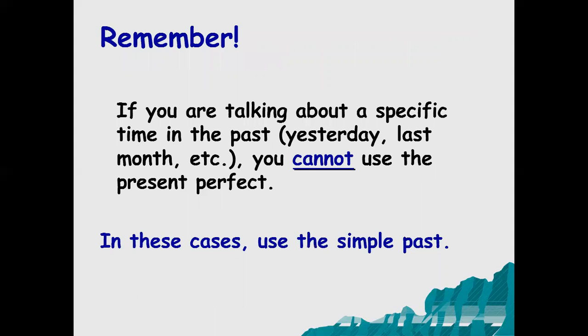Then the next one that you need to remember: if you are talking about a specific time in the past, like yesterday, last month, and so on, you cannot use the present perfect, okay? So you are not able to use present perfect if you want to use a time like yesterday, last month, and so on. Okay,